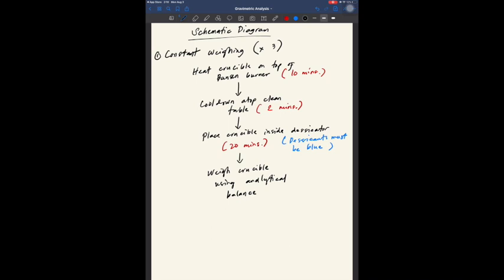After weighing it, you have to repeat it once again. It should be times 3. So constant weighing is to be done 3 times. So after constant weighing, what we have here is precipitation. So the first thing that we have to do is to